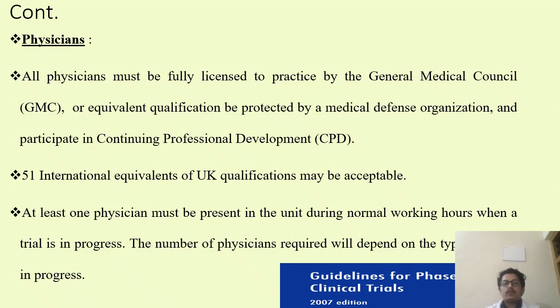According to the guidelines for a phase 1 clinical trial unit adopted from the Association of the British Pharmaceutical Industry, ABPI, the manpower or working task force of the CP unit should consist of physicians. This is according to the UK guideline. All physicians should be fully licensed to practice by the GMC, General Medical Council, or equivalent qualification,